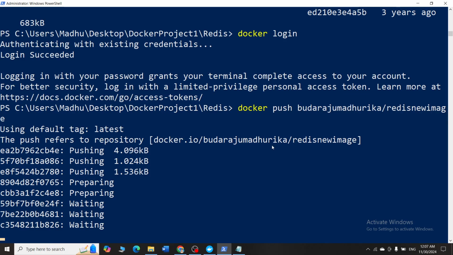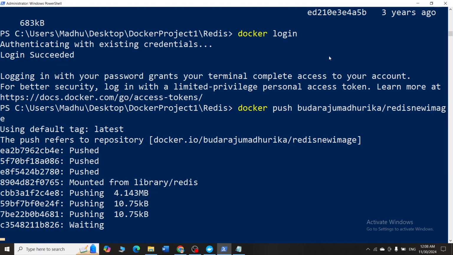We'll just wait for 1 minute for it to push everything. It depends upon the speed of the internet. Once it is pushed, if you just refresh your Docker Hub, everything will be shown. We'll just wait for 1 more minute here.